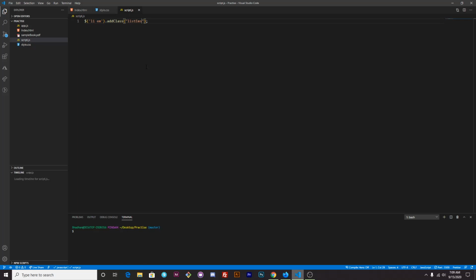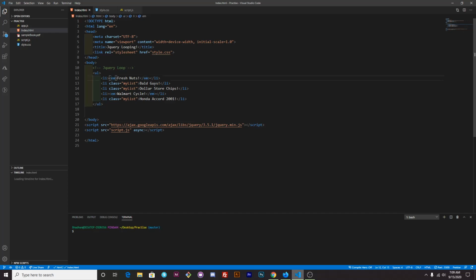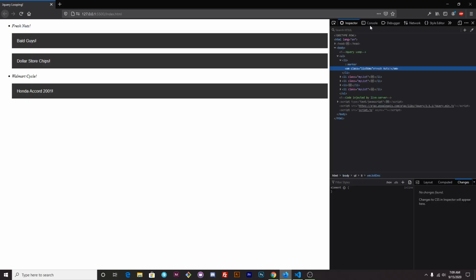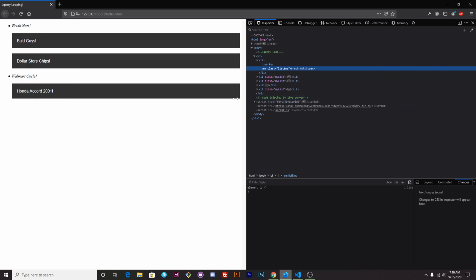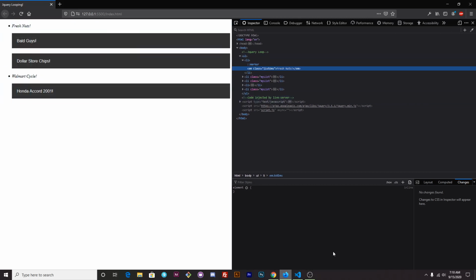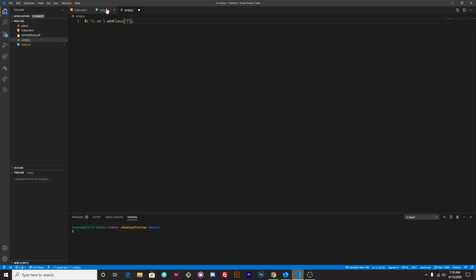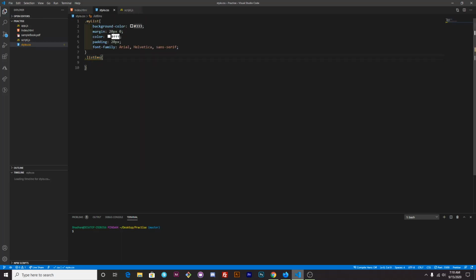List EMs. So we just added list EMs to LIs, right? Added the class list EMs to the LI with the emphasis inside the list items. And to show that, list EMs, right? So now if we go and say list EMs, and copy this styling for them, we get